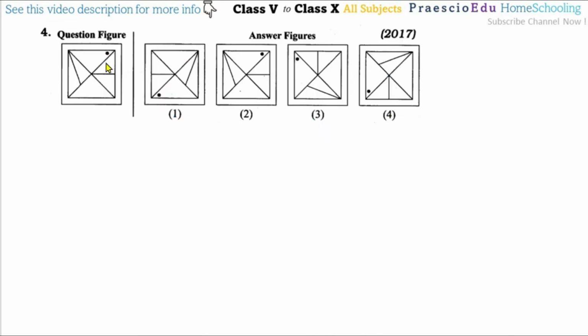Now question number 4. So this dot we can say is at the top, at the right side, then this horizontal line. Here also a horizontal line, the top is identical, and if we observe this one after rotation, but if you rotate this one, this shape is totally different, because if you rotate this one, the line should be like this, but the line is here. So this is incorrect, this is also incorrect, and this is also incorrect. Now exactly identical, option number 2 is perfectly matching.